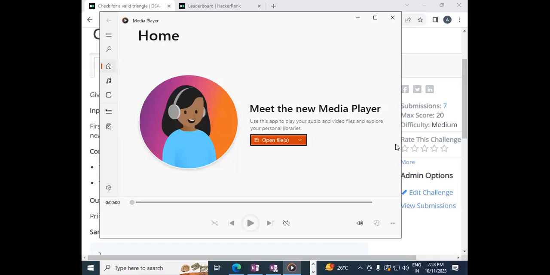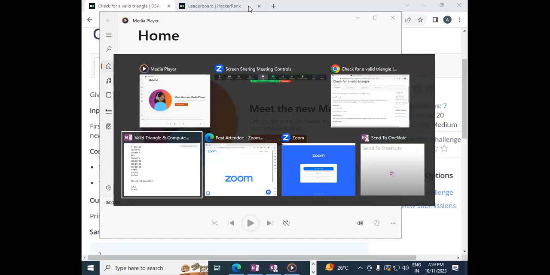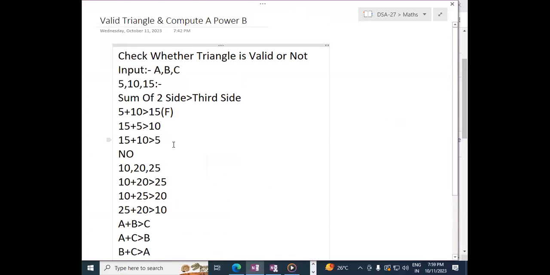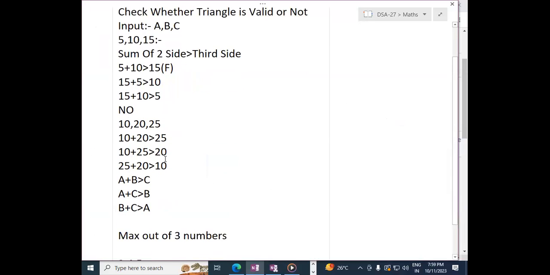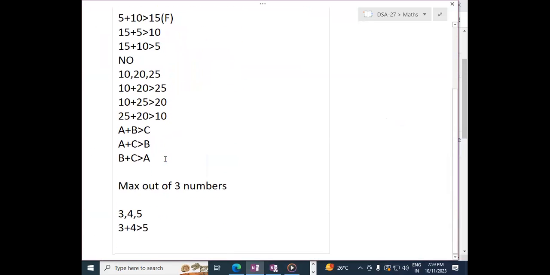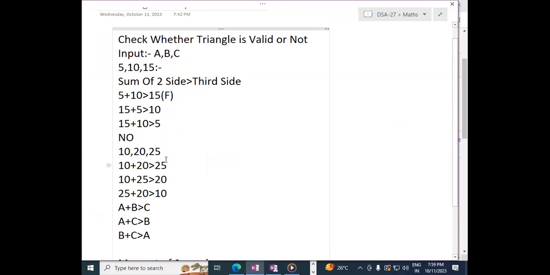So here, if you see, where did it fail? Now try once more. So this is an invalid triangle, right? If this condition is false, even though these two are true, it's an invalid triangle. But if this is true,